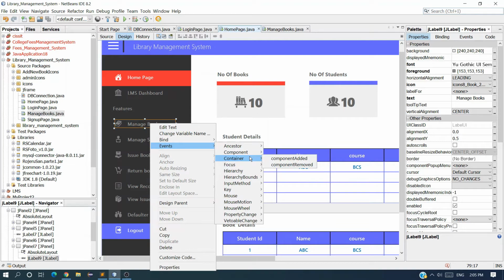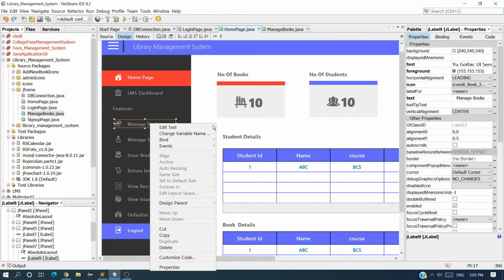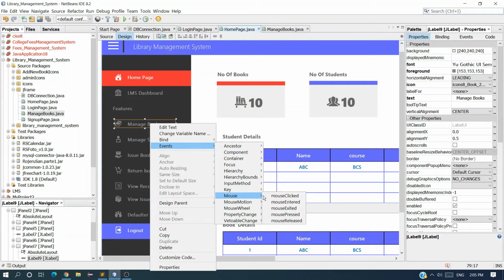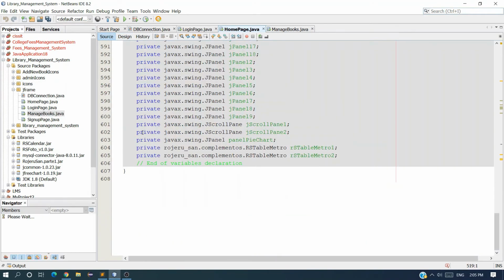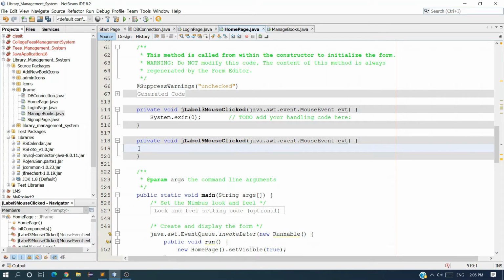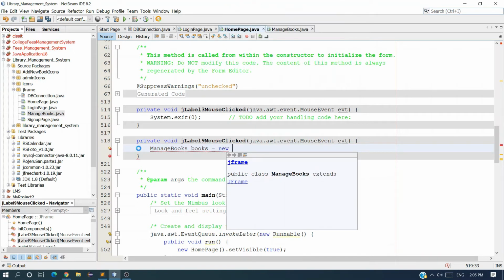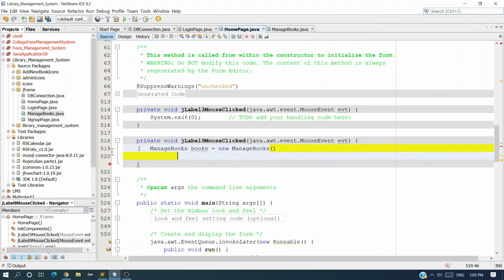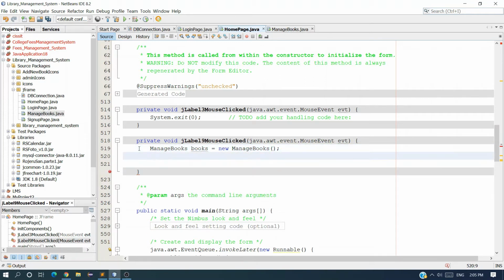mouse, okay, event mouse click, and here we have to write the code. So we want to redirect to manage books. So ManageBooks books is equal to new ManageBooks(); semicolon, and books dot setVisible